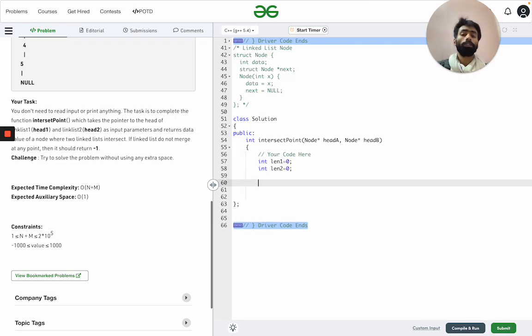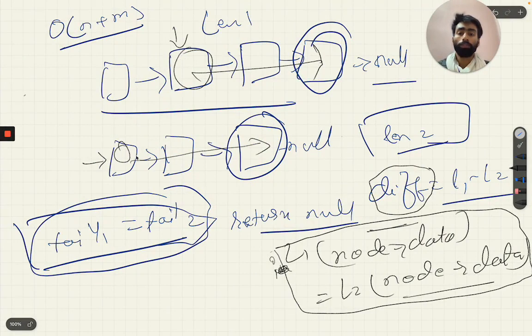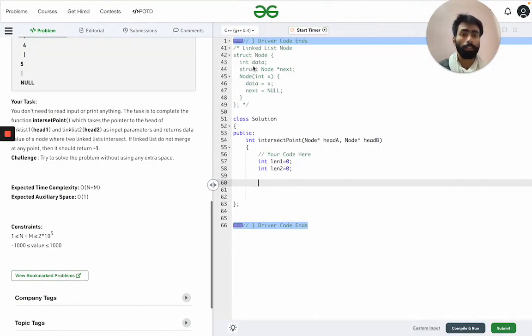It will help in storing the length of each linked list, and we need two more variables to store the current node of each linked list, so that we can traverse through the linked lists and compare each node with each other.